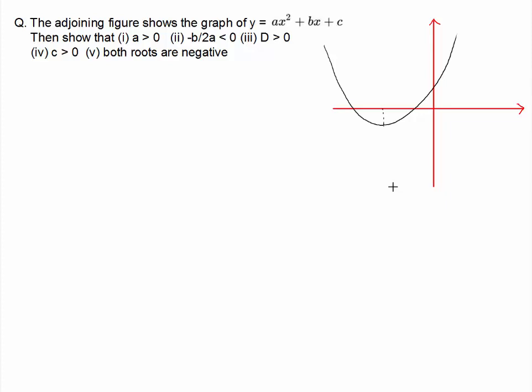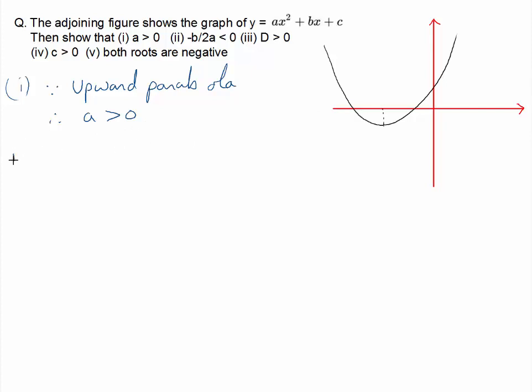This is a reverse question where we have been given the graph of the parabola, meaning the graph of the quadratic expression, and they are asking a few questions. So if this is the given graph, then we need to first show that a is greater than 0. Now since this is an upward parabola, therefore a is greater than 0 because we have seen whenever a is greater than 0, it is an upward